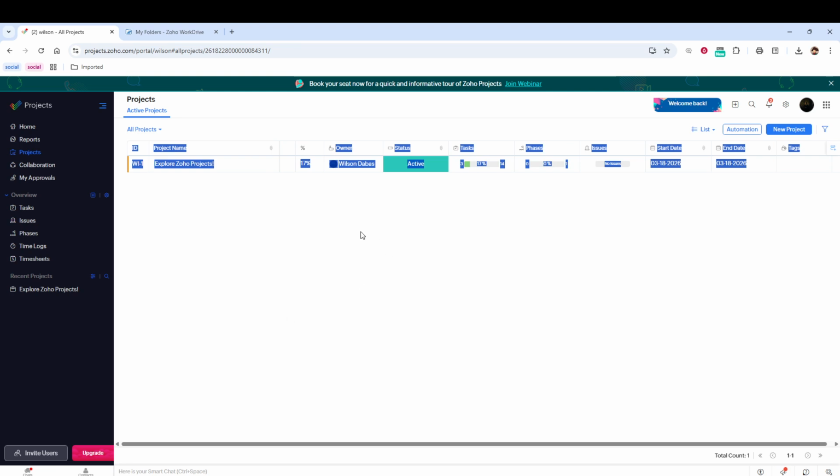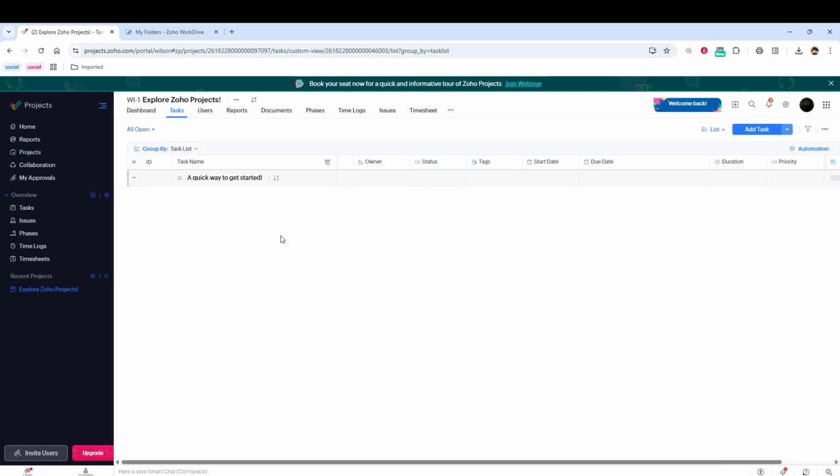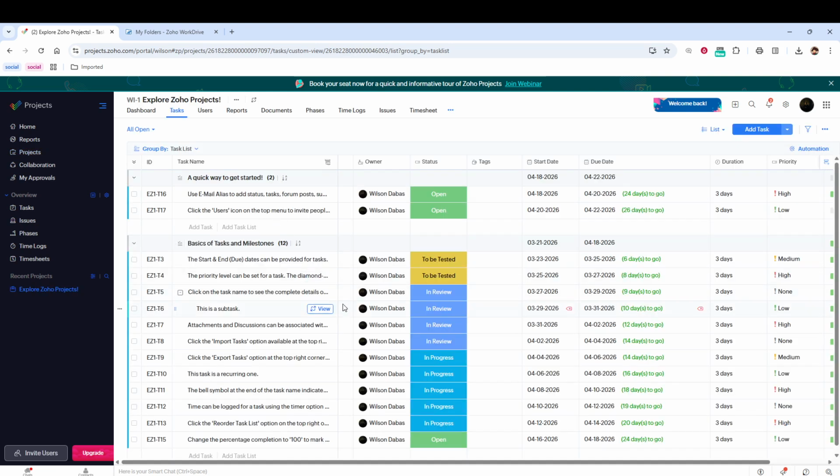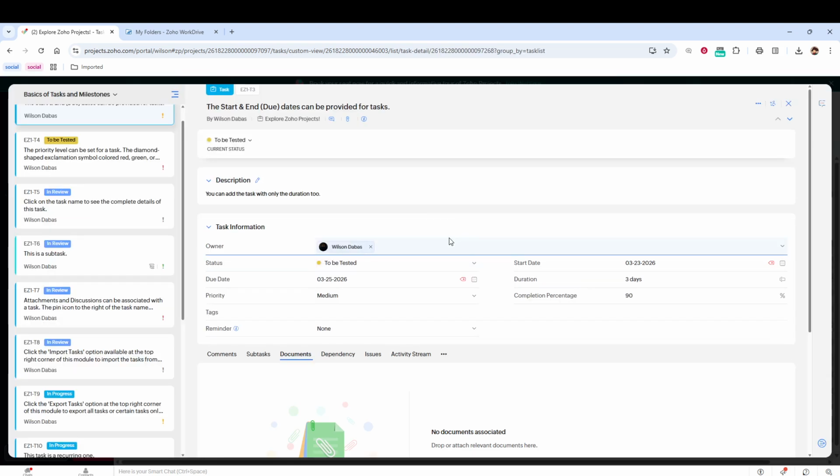The photo upload process happens within a specific task, so the first thing you need to do is open the task where you want the image to live. Find the task in your task list or board view, then click directly on that task to open its details. You should now be in the task's details view, where you can see information like the description, status, and any